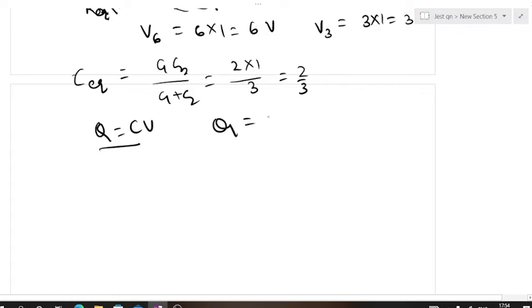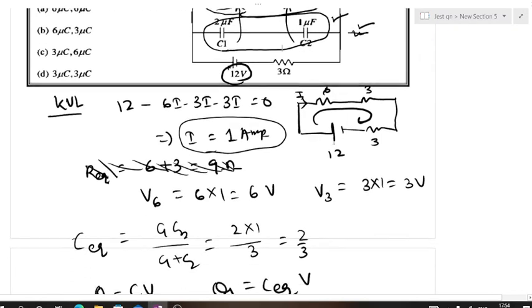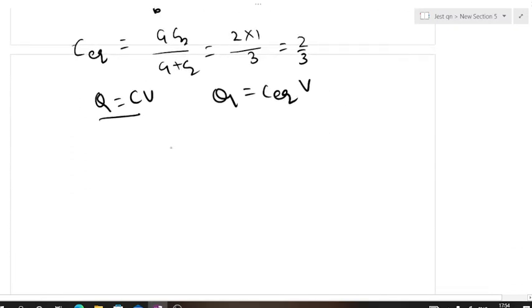So Q1 is equal to C equivalent. Its corresponding voltage is 6. Okay, and its corresponding voltage is 3. So 6 into C equivalent, 2 by 3 into 6 is equal to